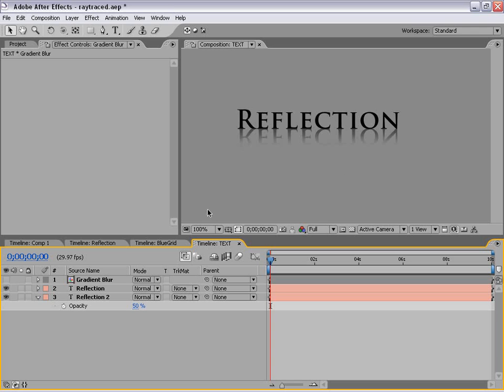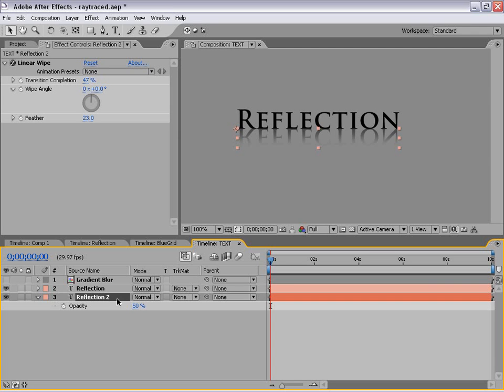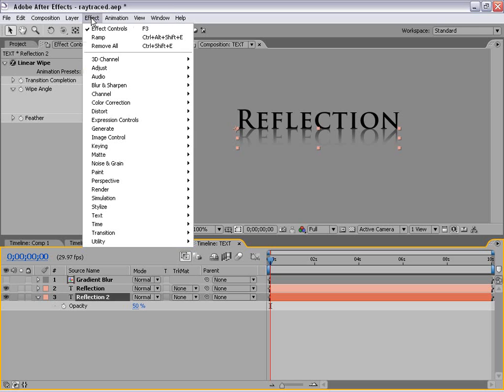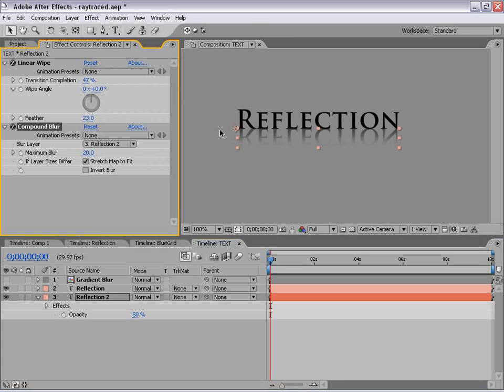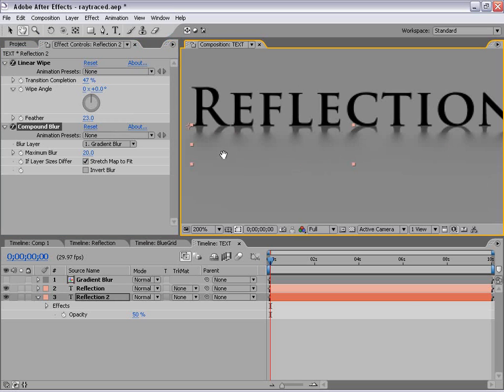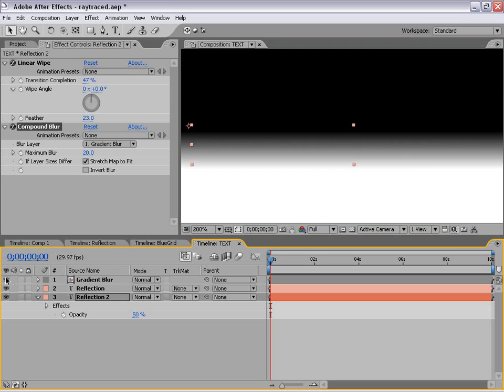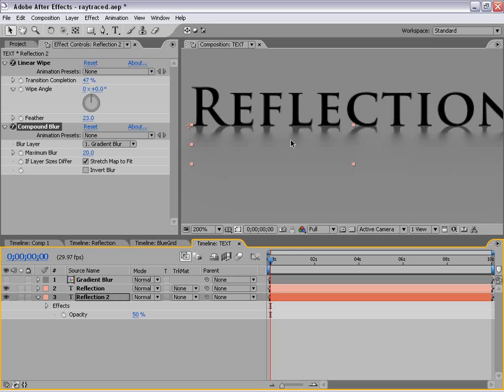So I'm going to zoom back in here, and with our second reflection layer selected, I'm going to choose Effect, Blur, Compound Blur. And then I want to use the blur layer as the gradient blur. What it's going to do is analyze that layer and use itself to generate blur. So everything that is white is most blurry, and everything that is black is not blurry. So as you can see, the black area here is going to be not blurry, and it's going to slowly